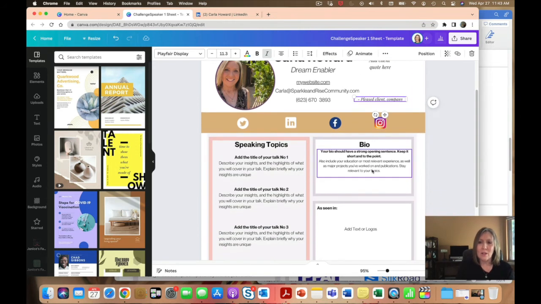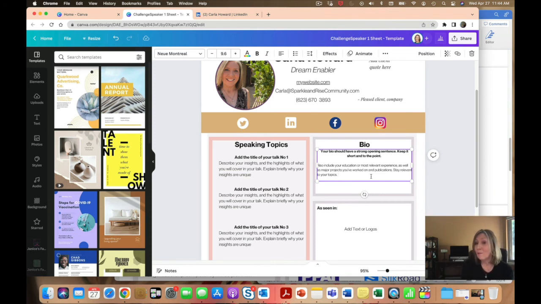And then here is your bio section. I do like to have a main headline that stands out. So usually I'll put a space here. And depending on how your bio looks and is spaced after you put it together, you may want to left justify this bottom portion just to make it look a little bit better and easier to consume.